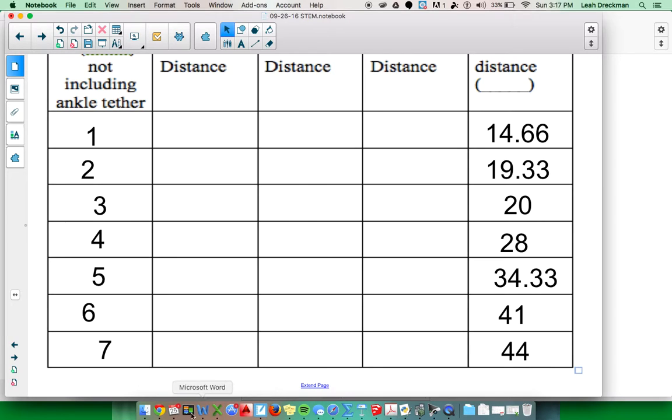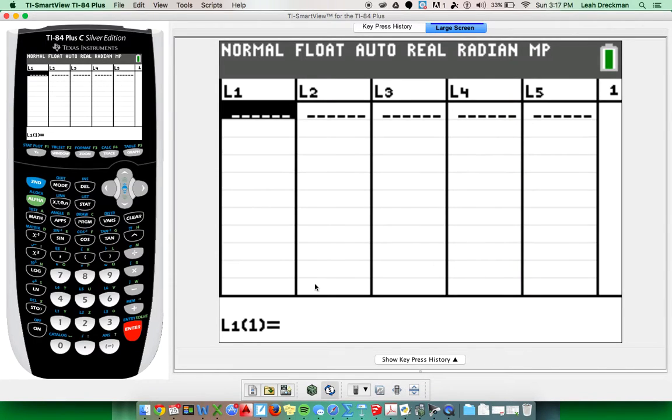So I'm just going to enter L1 to begin with by pressing the number and then pressing either enter, or you can arrow down. You can press enter, or let's see, 4, 5, 6, 7. Okay. Now to get to the second menu, we're just going to arrow to the right,